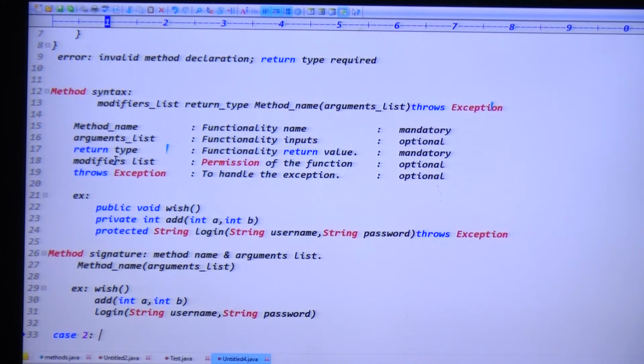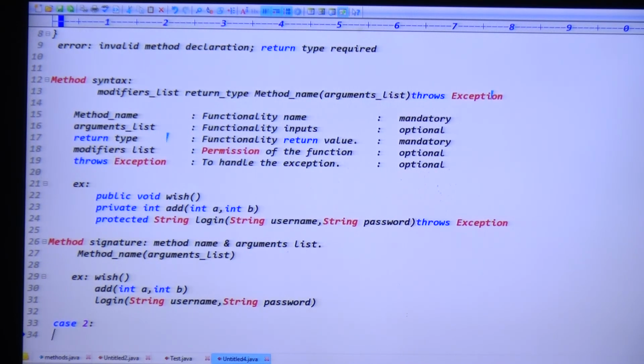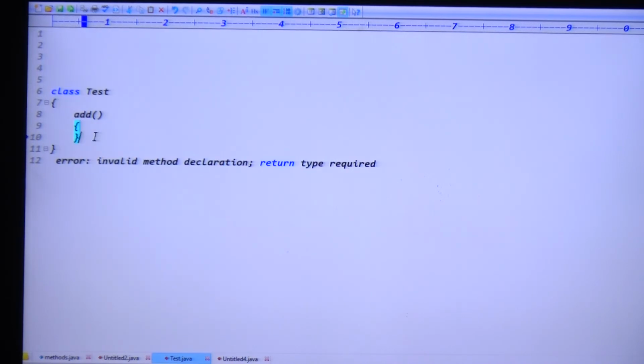Exactly. Once you got the clarity, guys, can I take one more small conclusion here? The conclusion will be: I take an m1 method, void m1 method with zero arguments, and another void m1 method. Otherwise, can you make this one argument, integer a, and here you can take integer b. Tell me, guys, are these two methods having the same signature or different signature?